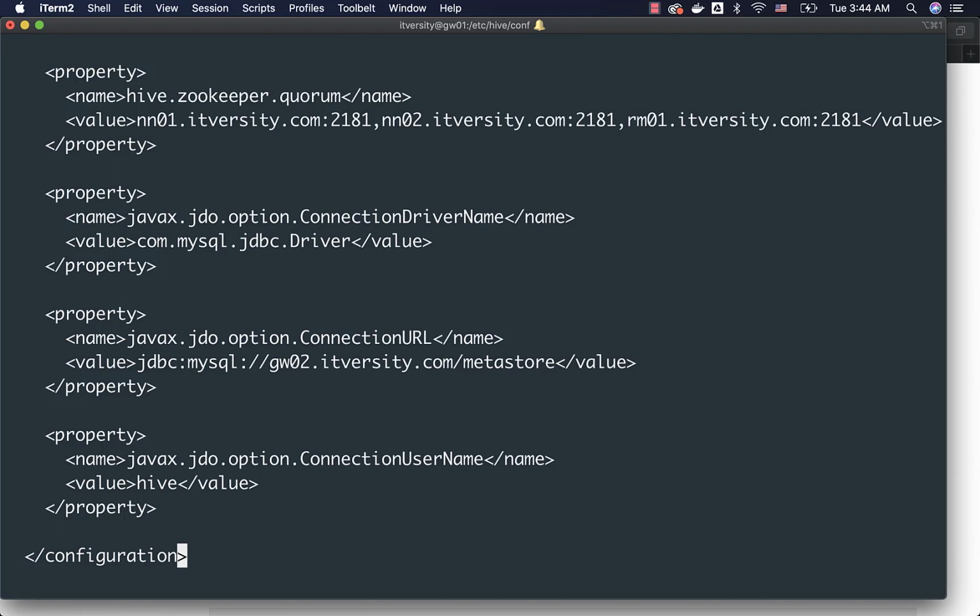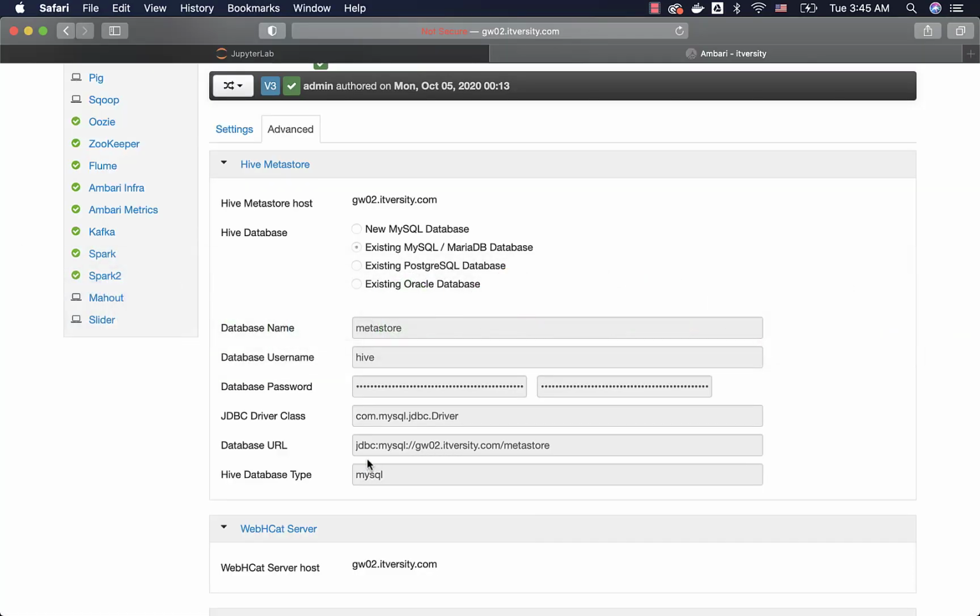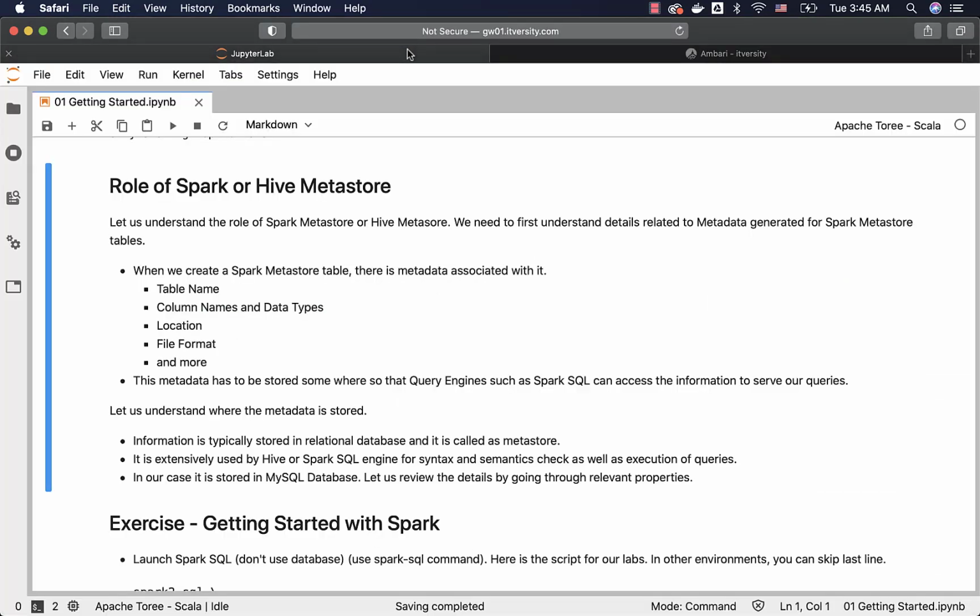If you have access to the database, you can connect to the MySQL database or Postgres database using which the metastore is set up, and you should be able to go to the data model also. We don't need to get into such level of detail at this time, and hence I am passing it on. For now, just remember that a metastore is nothing but a database set up using a traditional RDBMS, and it contains metadata that is generated when we create tables, add columns, add partitions, and so forth.